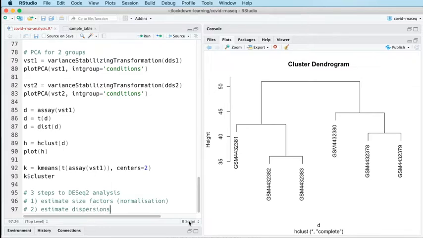So dispersion is, it's not entirely true that it's another word, but it's essentially another word for variance, although there's a relationship between dispersion and variance, but they're not exactly the same thing. So this is the second step, to estimate the dispersions, and the dispersion is a key parameter for the negative binomial distribution, which is the distribution that we use with RNA-Seq data to estimate whether genes are differentially expressed or not. This dispersion, which is what we're going to estimate in the next step, is an estimate of the dispersion of our count data,